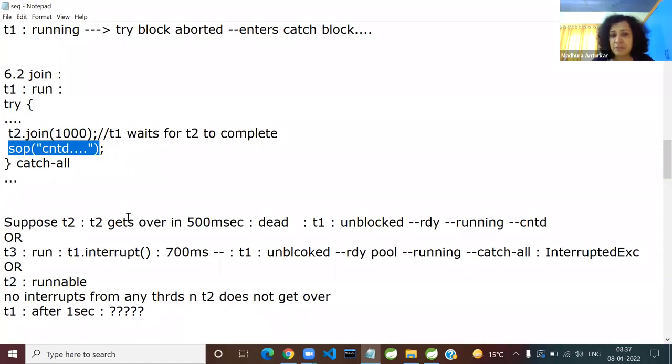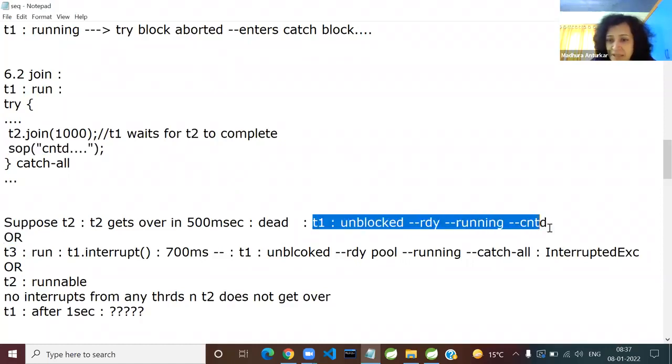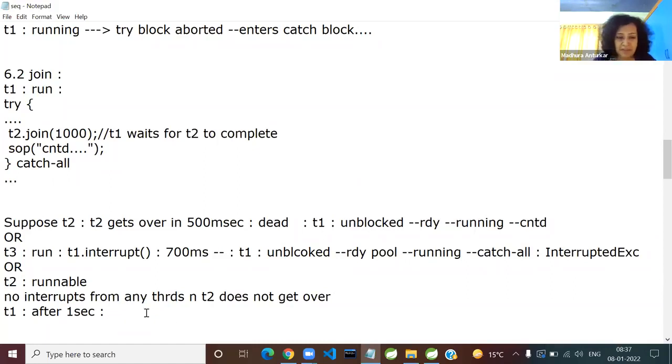Catch-all or continue? Of course, continue. It's just a timeout over. There's no exception. So this is the same answer as this. So what is going to happen after 1 second is this much. Are we all good? Are we all understanding it clearly based on yesterday's discussion and all of that? So that is what is your